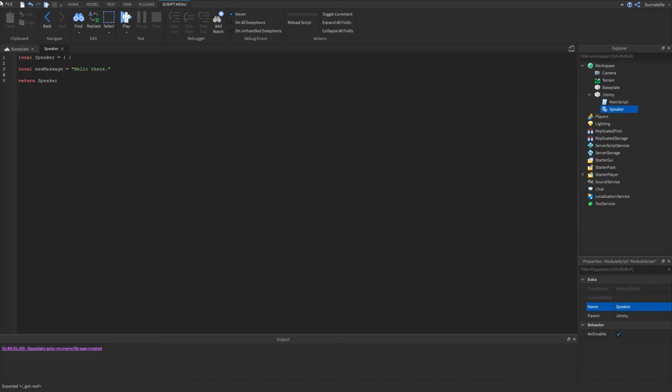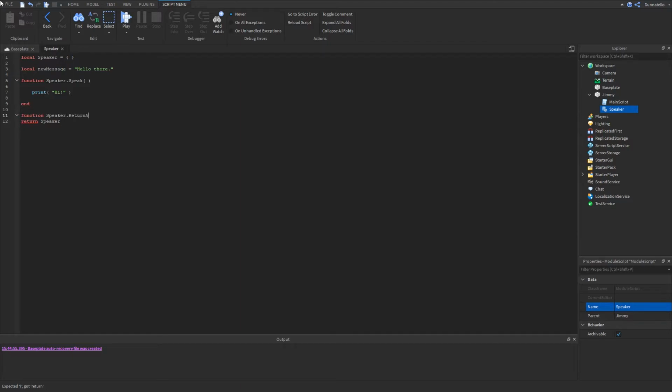Now that you've made a basic module, we'll need to create some functions so that we can call them from our main script. Create a global function like normal, but add the name of the table and a period after it before typing in the new function's name. This will tie the function with the table and allow you to call it from any other script. Functions in the module that aren't tied to the module's table will only be visible by the module.